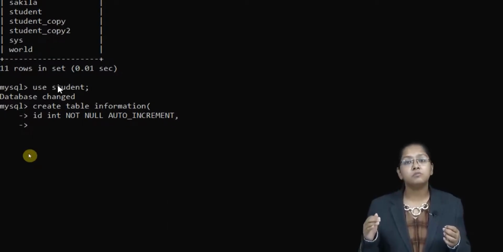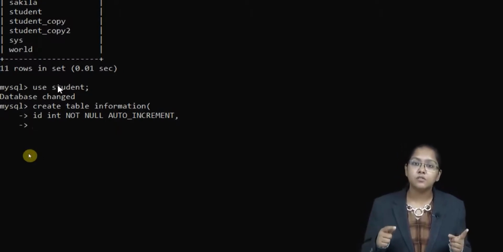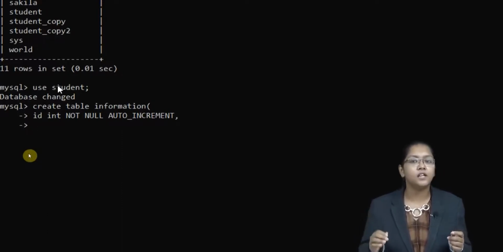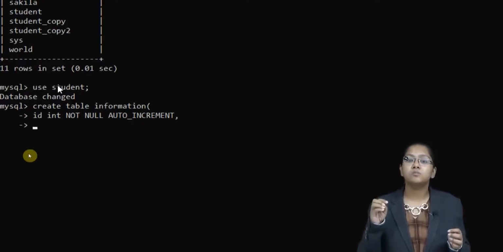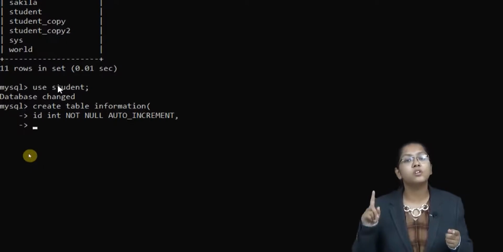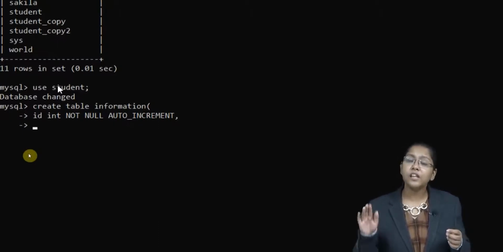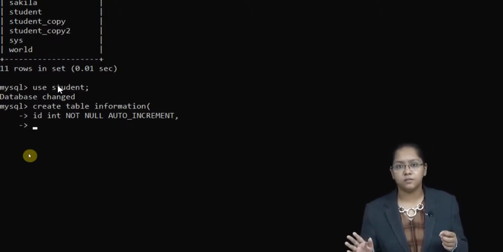I cannot skip this attribute, and if you skip it, then you won't be able to submit your form, right? Similarly, in a database also, if you want to make certain attributes compulsory irrespective of the user, then you need to specify not null. Means by hook or crook, you cannot skip this particular attribute. You need to fill in the information for that attribute. Then and only then can you proceed.